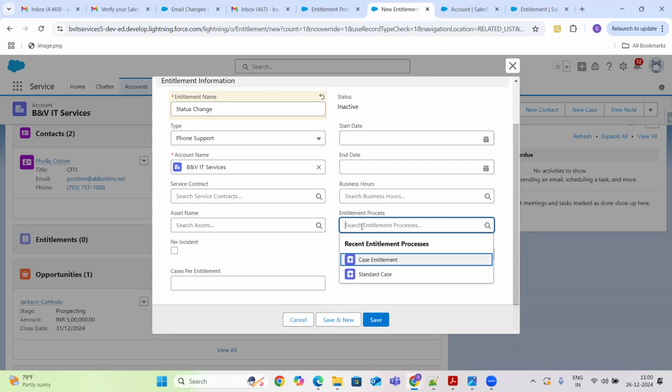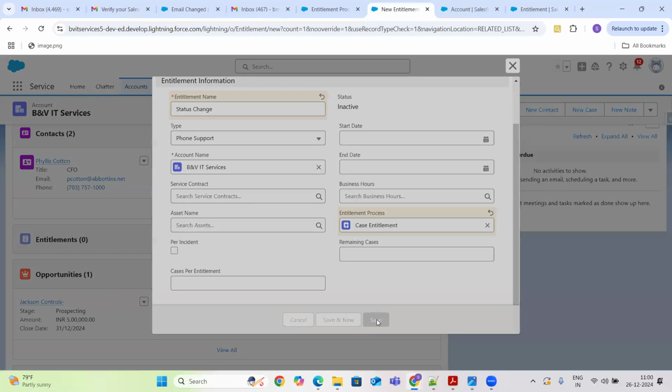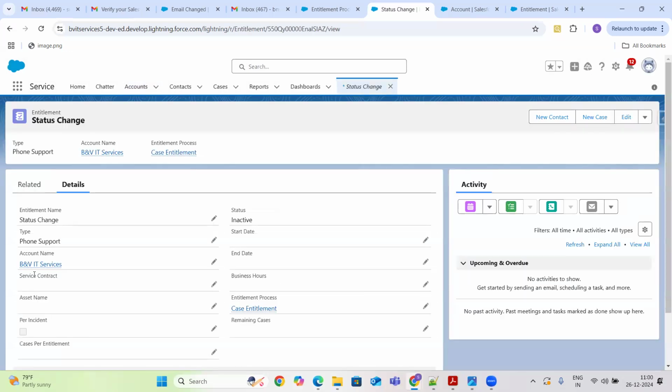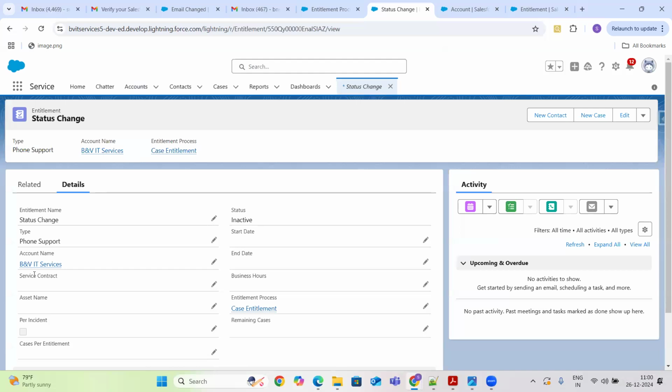So what entitlement process it should follow. I'm just going to select case entitlement process. Okay. Click on save. So this is our fifth step.